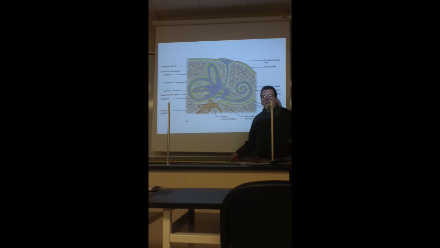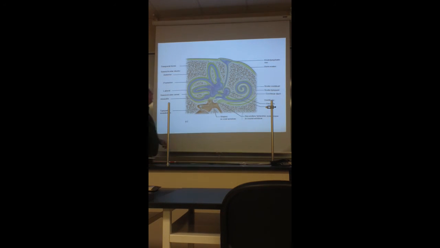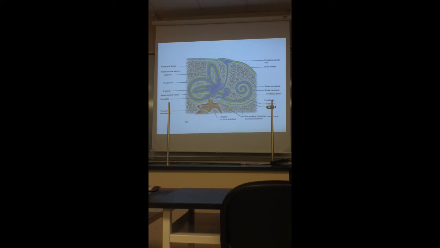Angular, in other words, rotational, is going to be done here in the semicircular canals. So now you understand why they're designed that way. They loop in different directions, and it's hard to tell here because it's not a three-dimensional model. Like a big giant roller coaster, they loop in different directions so that you can have angular rotation,